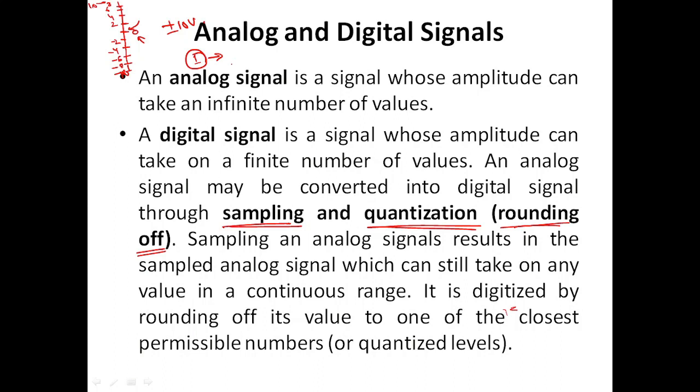Now suppose you acquire 0.9 volt, where would it be rounded off? It would be rounded off to 0. Now when you are digitizing the signal, this kind of error is regarded as quantization error or rounding off error. Now herein, if you see the numbers,